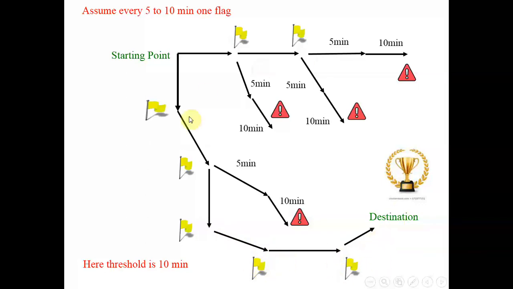This is exactly how the sequential decoding will work. At every stage, calculate your error count and compare the error count with the threshold. In this particular explanation, I assume that my threshold is 10 minutes. So for 10 minutes, if I don't see a flag, I certainly assume that my path is incorrect. So I have taken a wrong decision. This is the way the sequential decoding will work, and it will explore a number of states. Right? I hope you have understood sequential decoding.